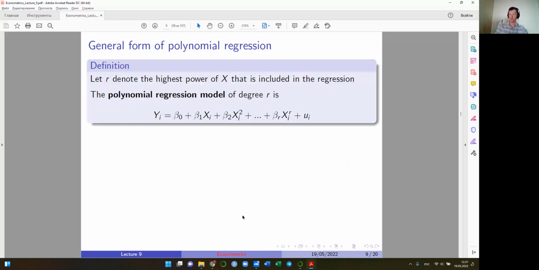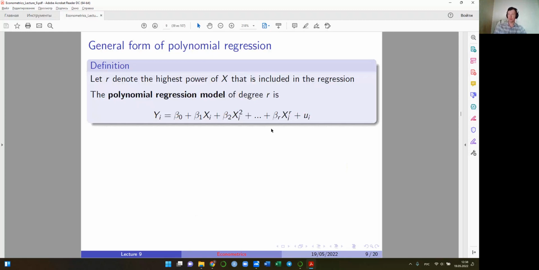In general, if we step from this example to the general model of the polynomial regression, we can allow for any degree of the polynomial. If r is the highest power of x in the regression, then the polynomial regression model is here. So we simply put first, second, third, etc., till rth